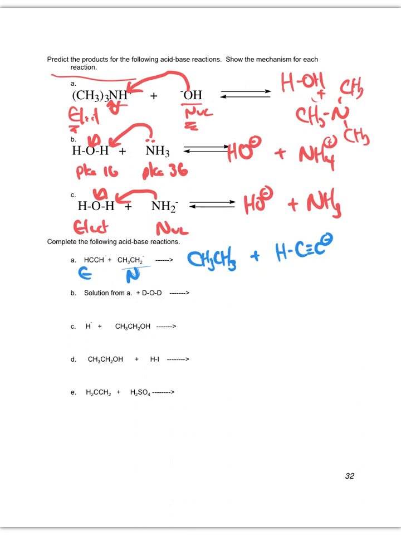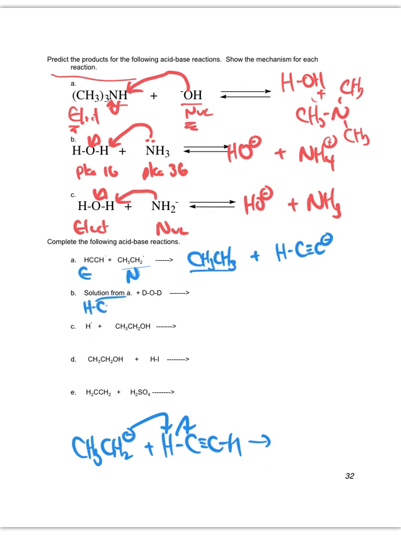So it's going to be where we have CH3, CH2 minus plus, and it's going to go grab a hydrogen off of the carbon to form the product. Okay, so now we have this ethane. Ethane's going to bubble out of solution. It's a gas, so it's gone when we look at the solution from A, and we're going to add the